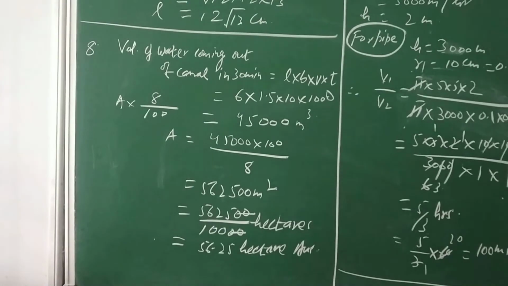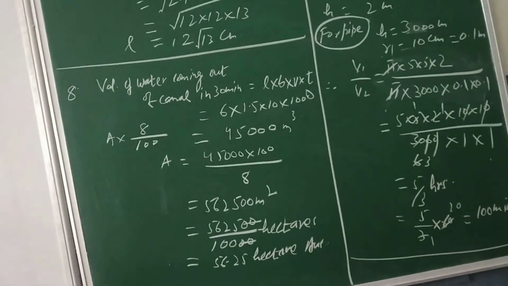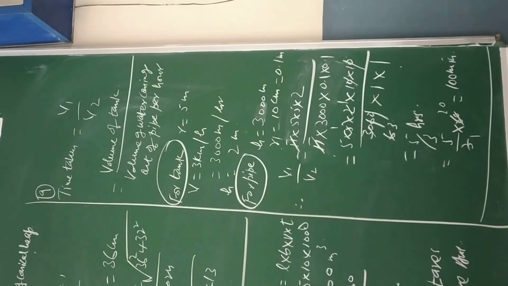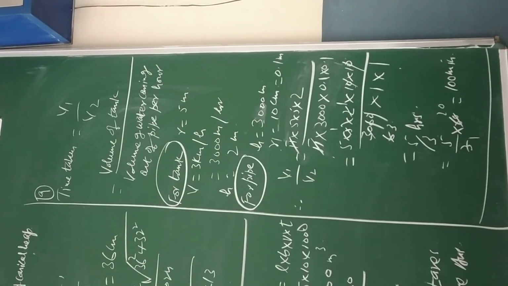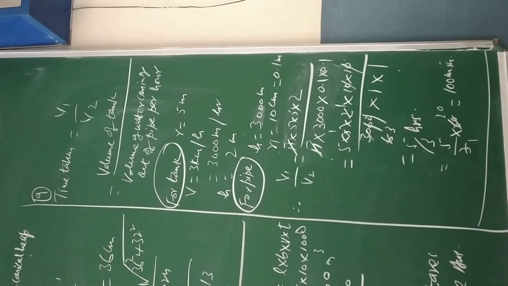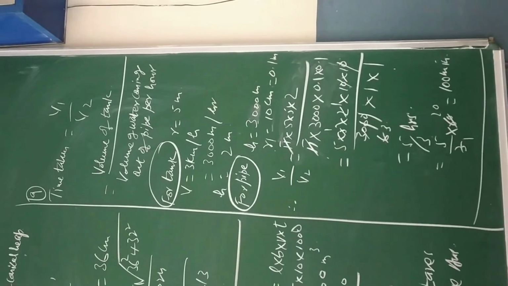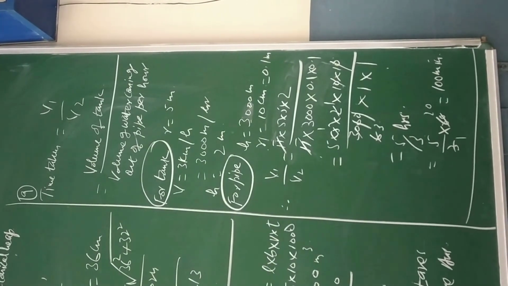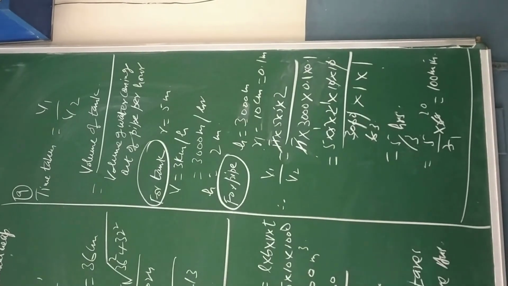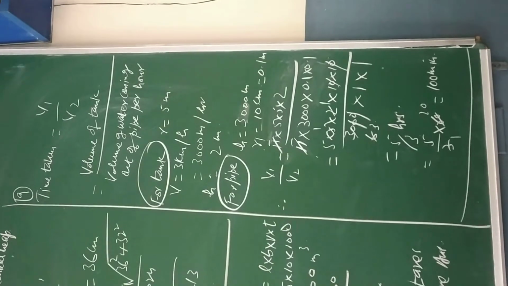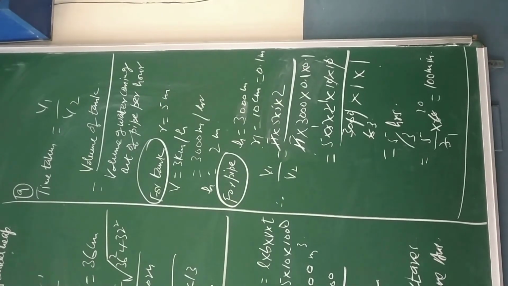and then see that the answer also comes. And then the last question is, a farmer connects a pipe of internal diameter 20 cm from a canal into a cylindrical tank in a field which is 10 meter in diameter and 2 meter deep. If water flows through the pipe at the rate of 3 km per hour, in how much time will the tank be filled? Again, the time will be in minutes or in hours, means number of minutes or number of hours I need to calculate.